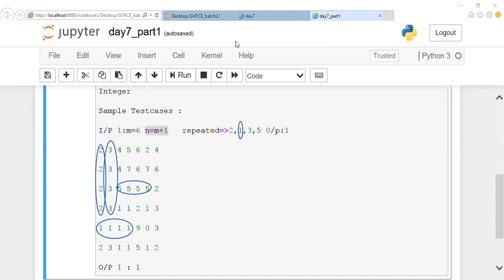No one has tried it. Guys, are you trying now?